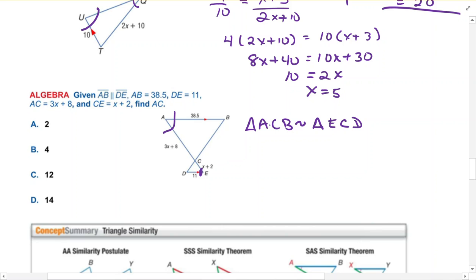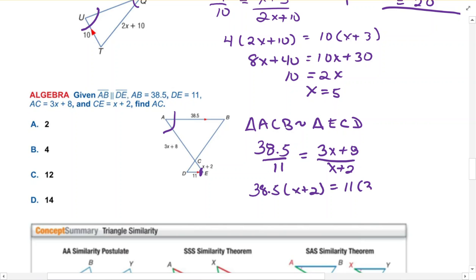So setting this up, we know for sure that 38.5 over 11 has to equal AC and CE. So 3x plus 8 over x plus 2. So 38.5 times x plus 2 equals 11 times 3x plus 8,